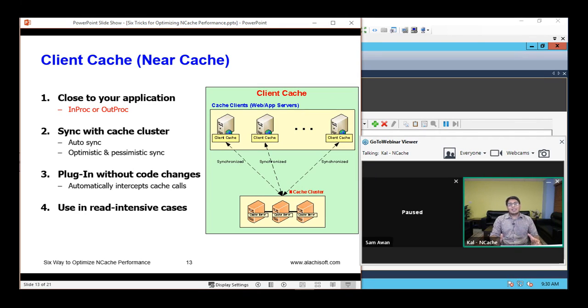The second option is an in-proc cache, and that is recommended if you have a web farm scenario, where you usually have one or two applications running on the very same box. In that case, the client cache resides within the application's process. Since it's part of the same process, a lot of the overheads are removed, like the serialization overhead and the inter-process communication overhead, and that increases performance greatly.